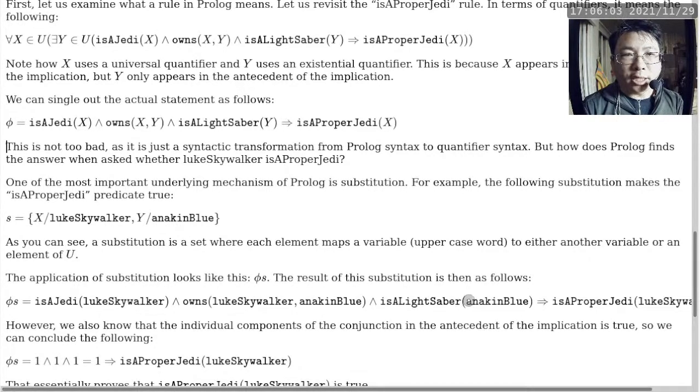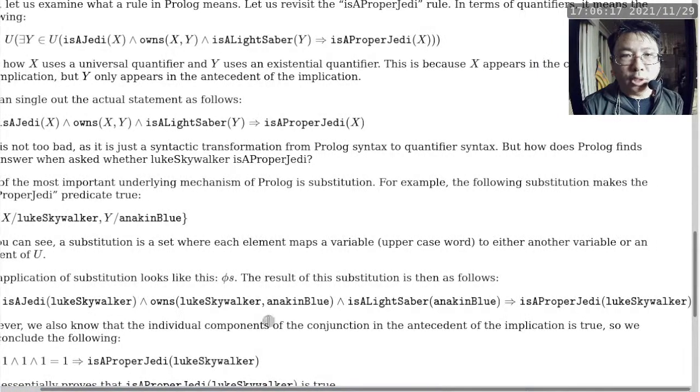Is a lightsaber Anakin Blue is also a fact. So these things individually are true. So we have true and true and true. And now we have the implication. So if the rule itself is true and you have the antecedent being true, then the consequent has to be